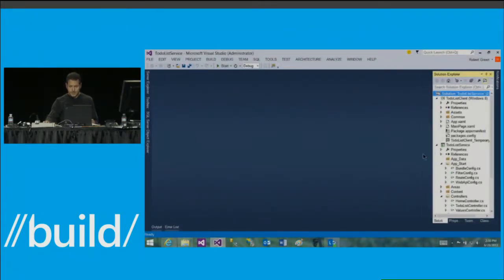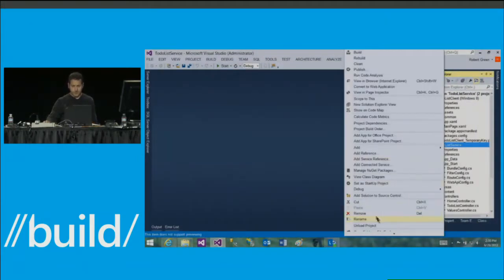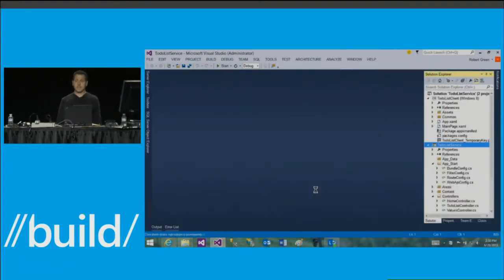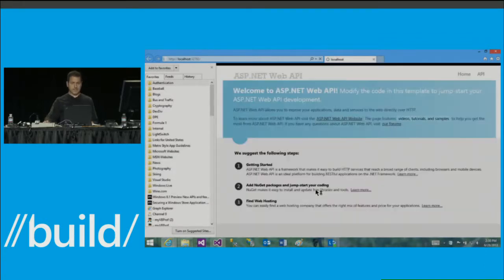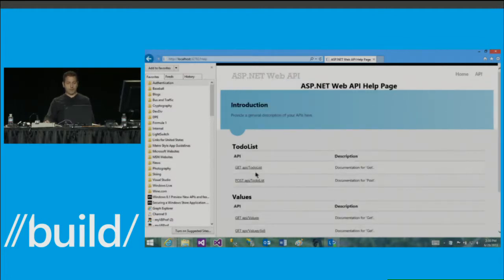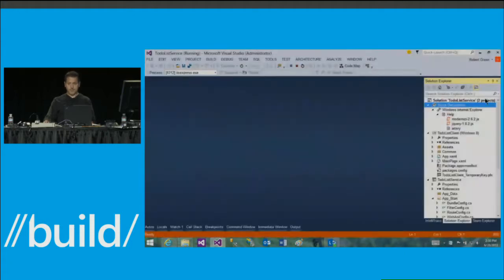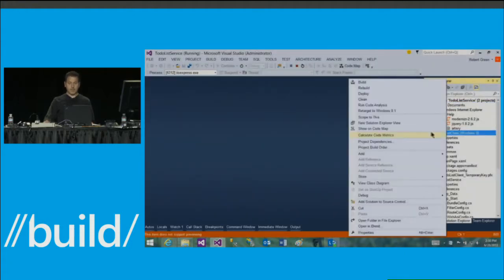and here's basically how it works. The first thing we did was we stood up a service. This is a Web API service that is going to take care of not only the authentication, but also provide the API for retrieving and saving to-do list items. And then I'm going to run this application. It's just a